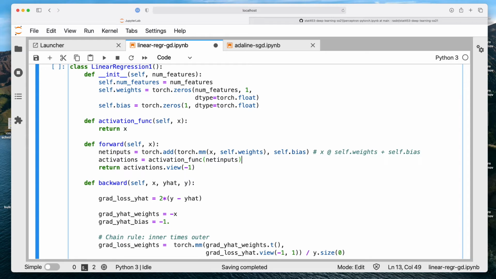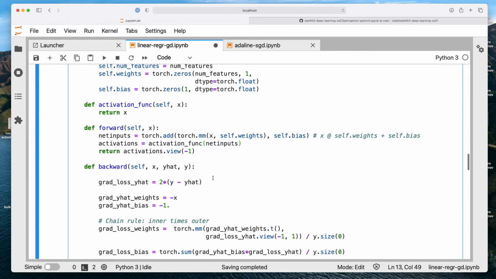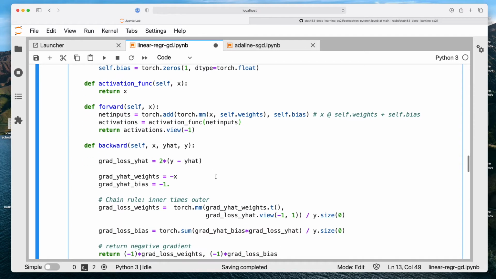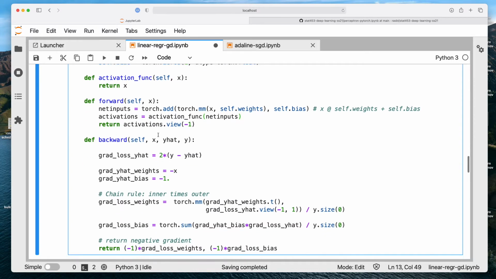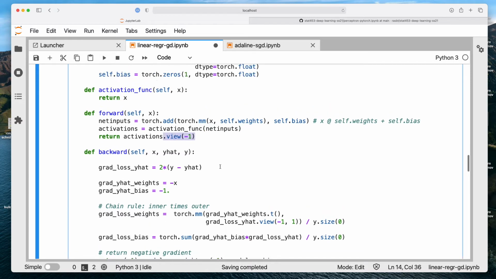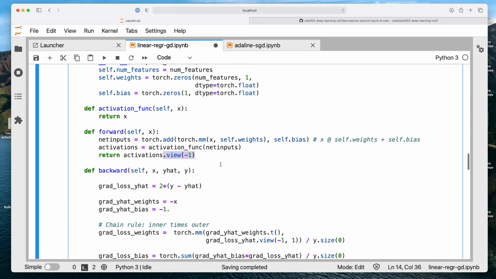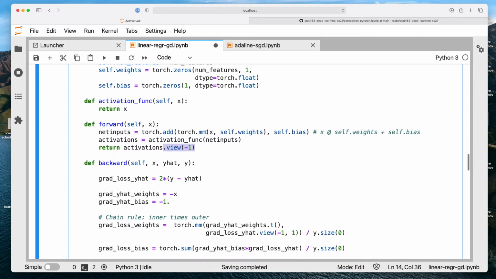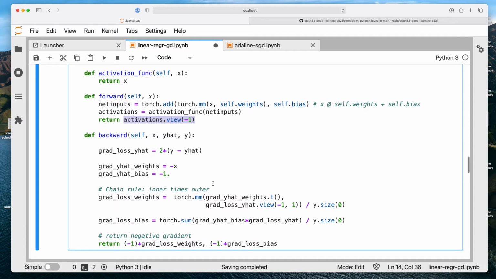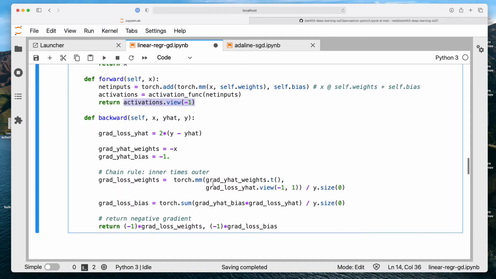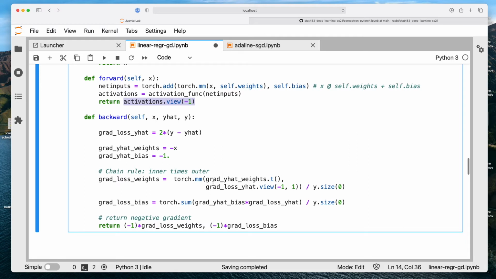It would be the same thing, should also work. Does not really matter. Okay, then we get the activation. Now the view here is just to make sure that the shape is the same, that this is a single vector, so it's one dimension, not two-dimensional.